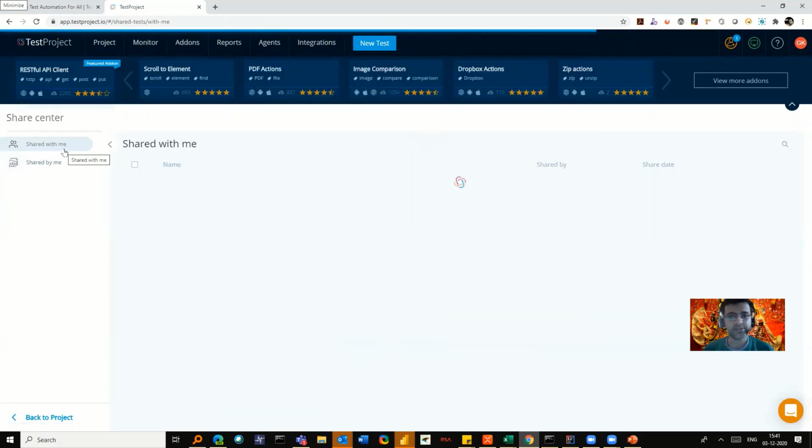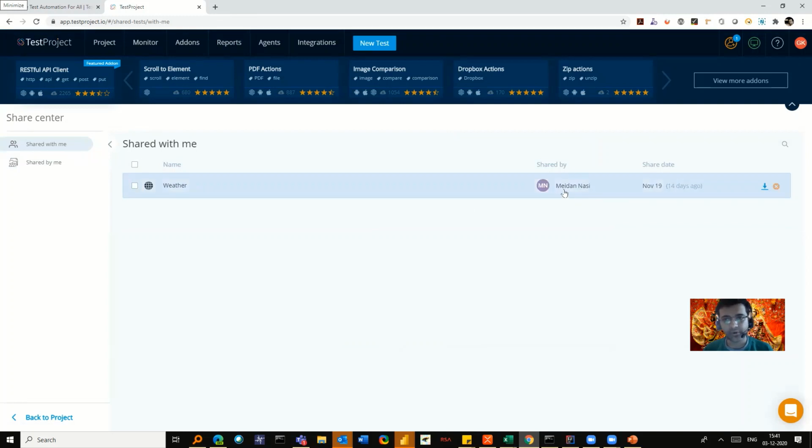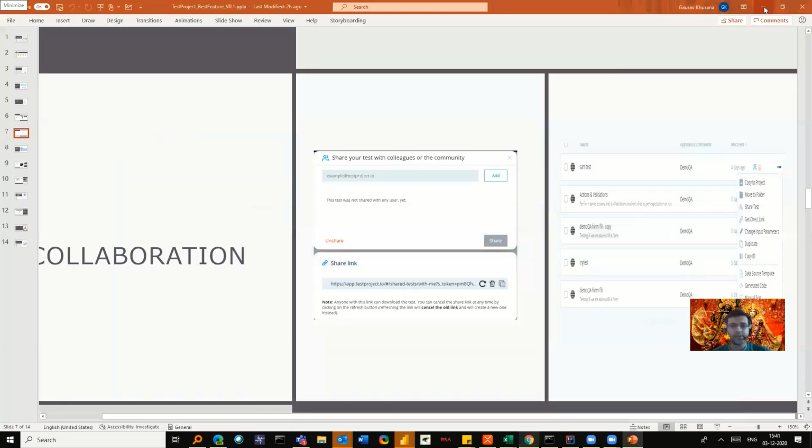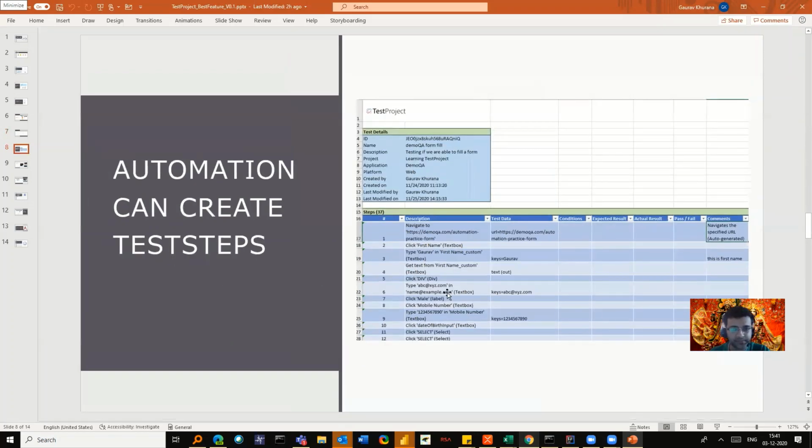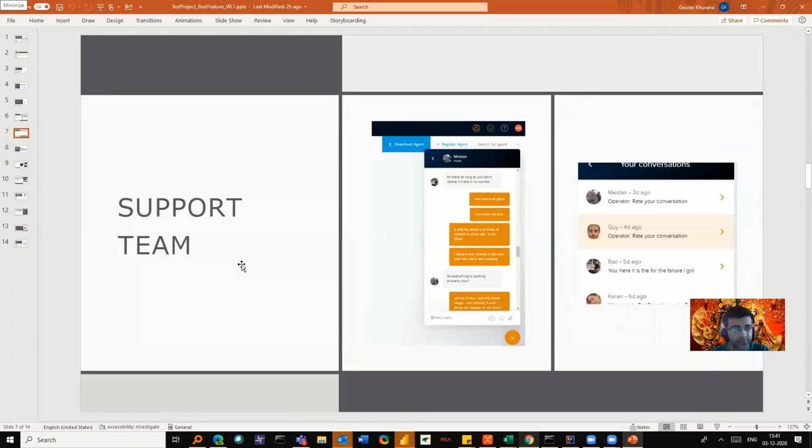If you see here, it was all originally written by Medin Nasi. He shared his link on LinkedIn, and I just imported it, and I can use it. So it's very simple to even share things in this. That is a really nice thing, and it's simple to import and export. Yeah. Now coming to the next feature, it was a very good feature.